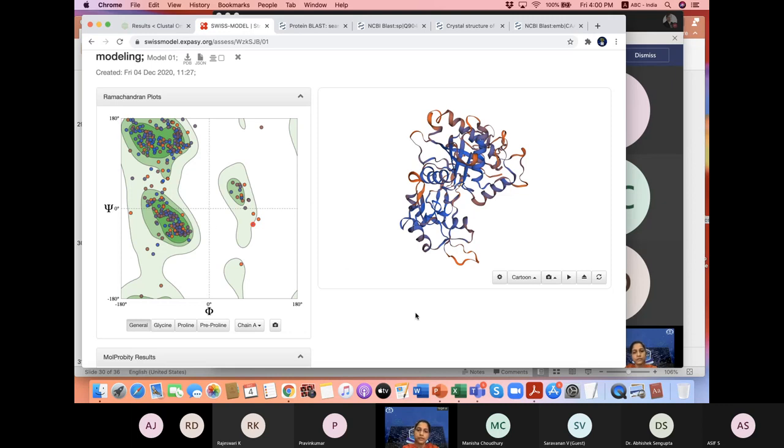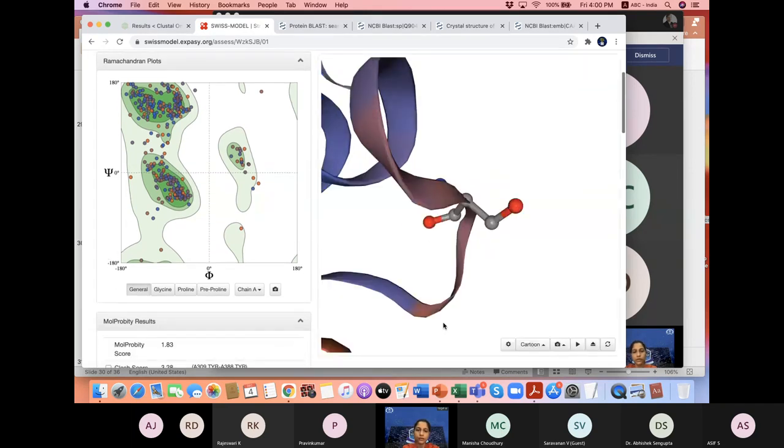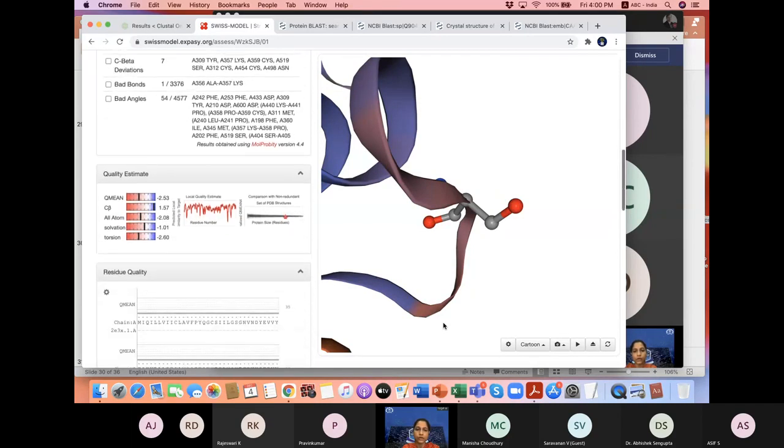That is the reason. If you just click here, this particular residue, serine 519, is not properly in its place. So definitely it needs some refinement; loop refinement is required, and if we do it, this model would be of good quality.